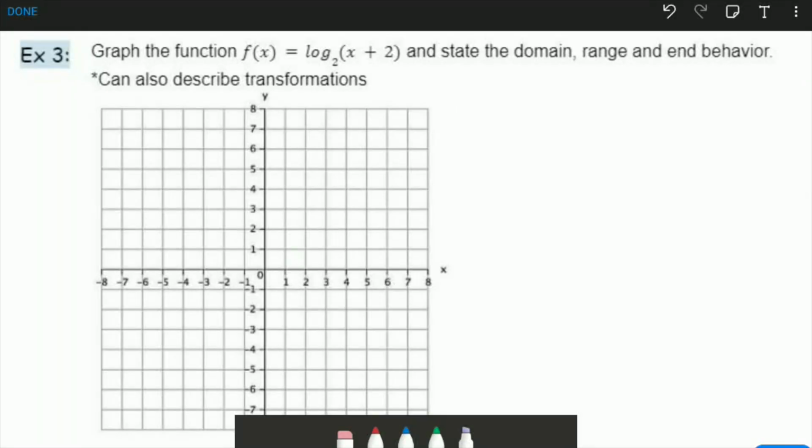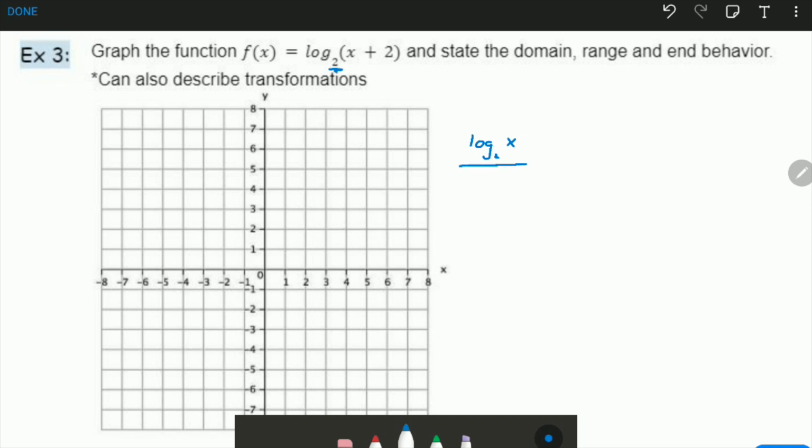Okay, so in this example, we're going to be graphing the function f of x equals log base 2 of the sum of x and 2. We're going to state the domain, range, and end behavior. Now, this is a log function with base 2 as the general parent function,